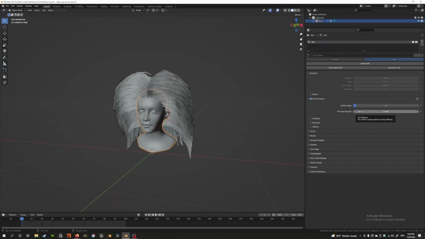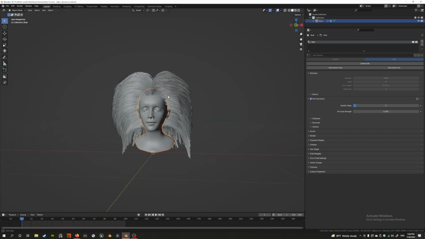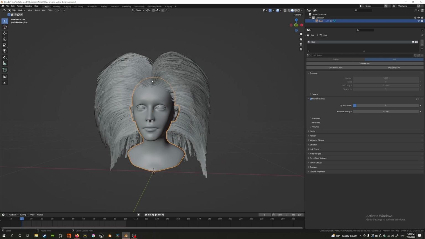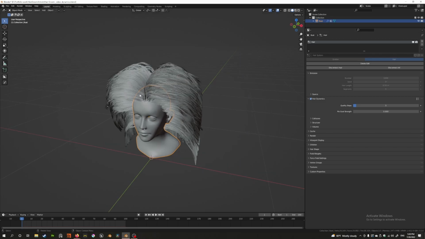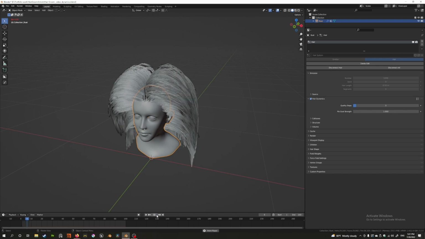The next thing is the pin goal strength, and you can think of this as sort of like a factor that determines how much the hairs are going to resist this simulation. They're going to just want to stay where they are, and that's the pin goal strength. So if I just crank this up as high as possible, you can see that they barely move at all. They just maintain their existing shape. If I go back, I'm going to bring this down to something like 1. You can see that they still move a little bit, but not much. If I bring this down to 0.1,